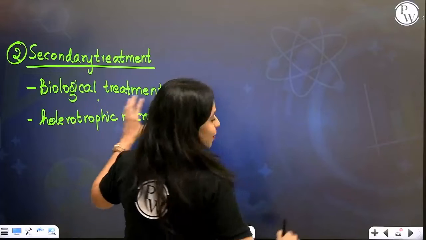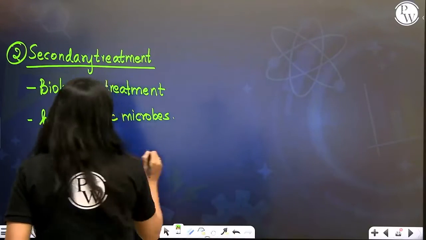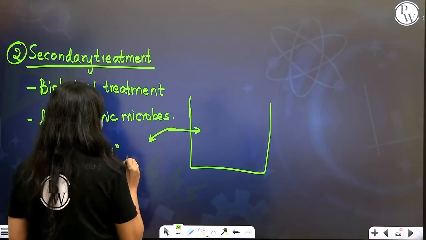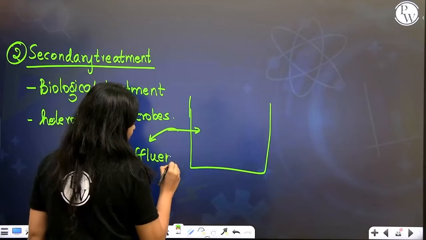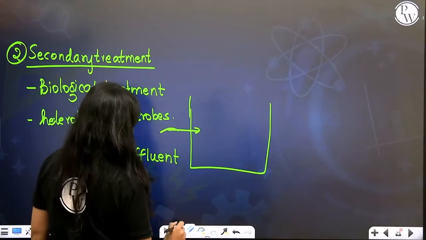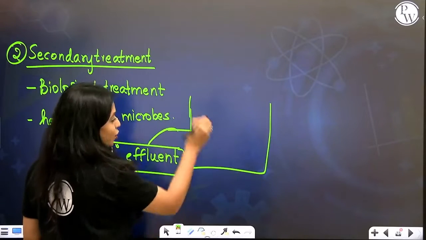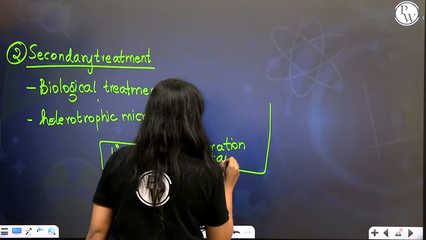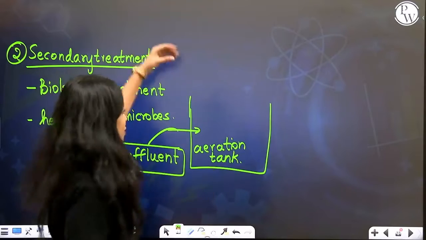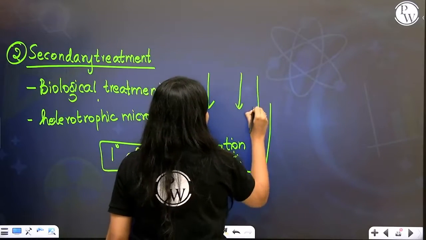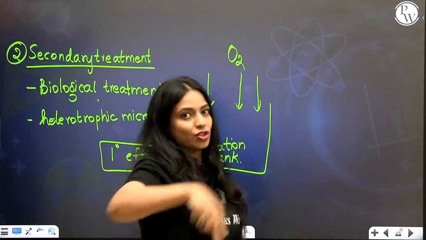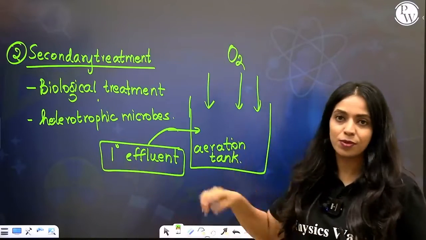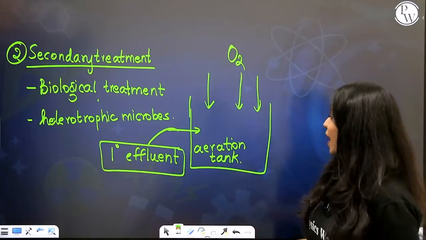So what we do in secondary treatment is you take the effluent from the primary treatment and you pass them into tanks. Okay, so this is the primary effluent. This arrow might confuse you. You pass this primary effluent into this tank, which is called the aeration tank. What happens here is you're constantly supplying a lot of oxygen and air into the aeration tank, into the sludge, and you will also have some fan-like things that will keep spinning this around so that the air is getting circulated properly.